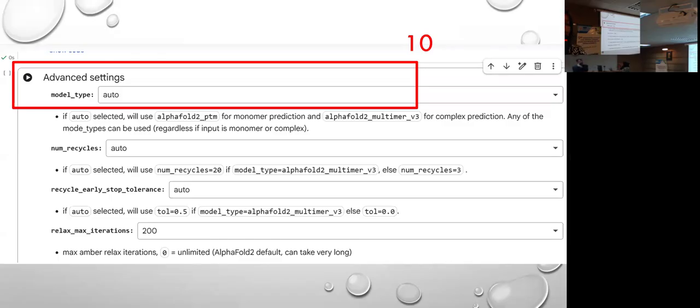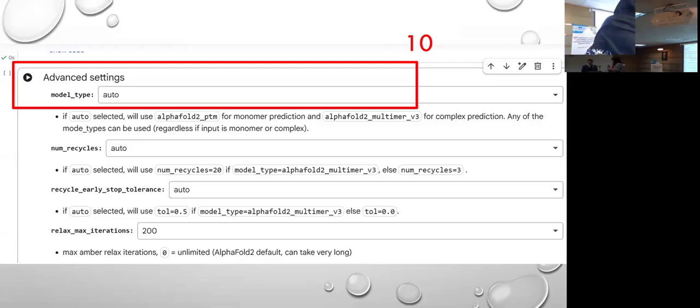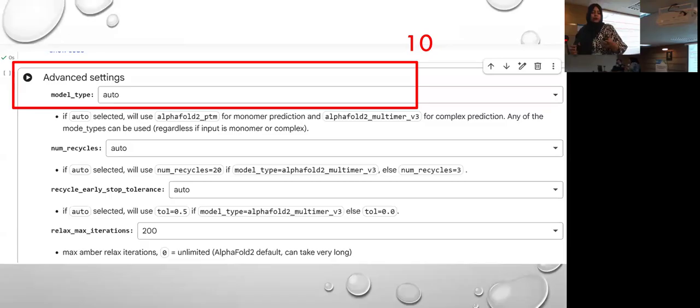It should be done auto, because the tolerance is the threshold for the errors of the model. With auto, you are telling AlphaFold to only bear an error of 0.5, just 0.5, not less, not more. Auto tells AlphaFold that you accept the model which has the error of 0.5. Then it will repeat itself 200 times, the iteration will be 200 times, and then the model will be generated. Remember, everything depends on how much accuracy we are looking for. Right now we are not looking for accuracy, we are just trying to learn the steps.